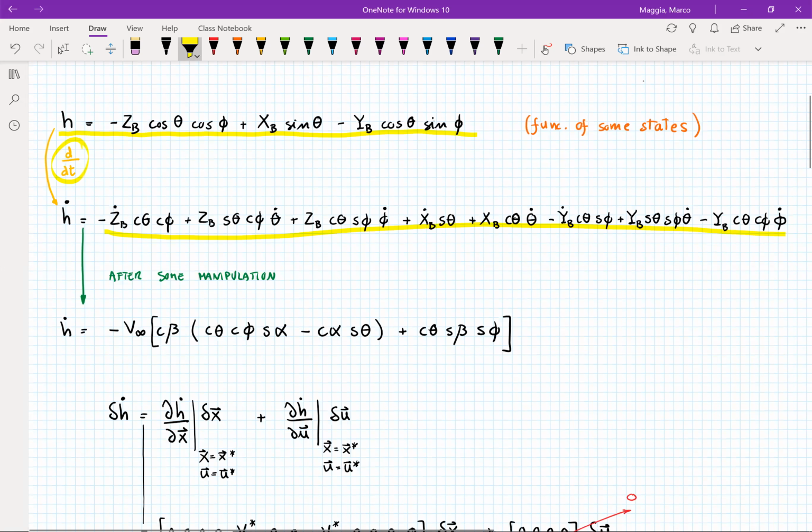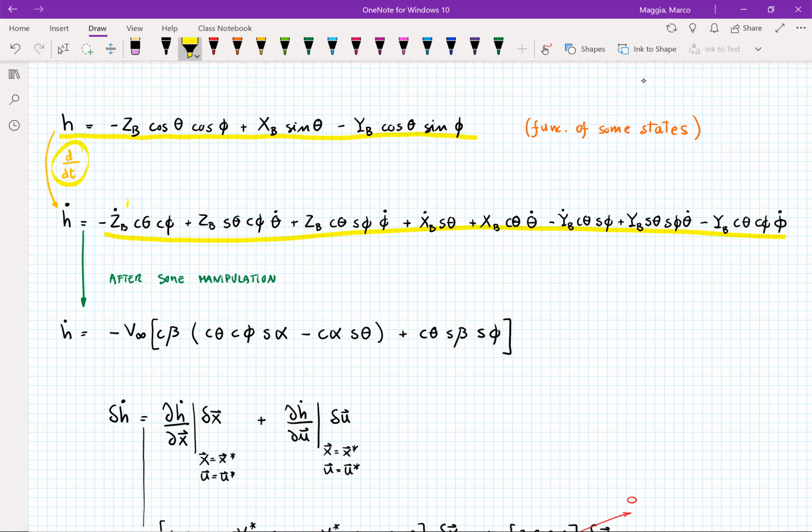We can manipulate them, insert the ODEs right here. I have another one and another one, right? And so after some manipulation, I'm not going to show it here. But anyway,